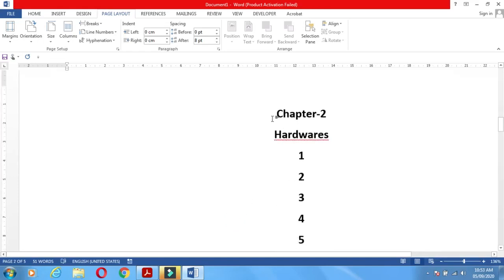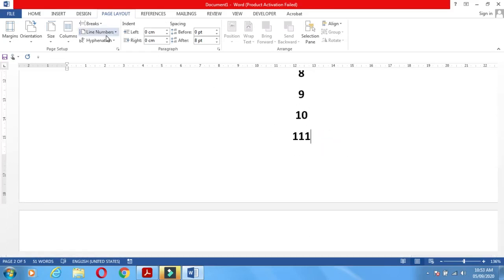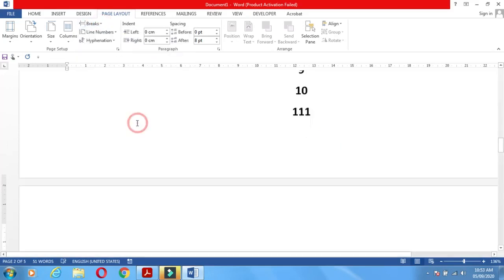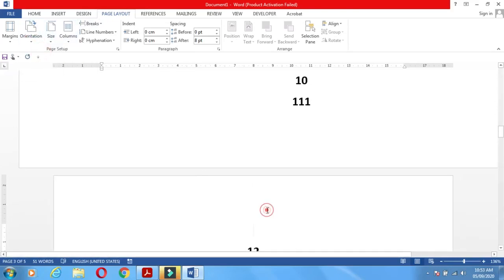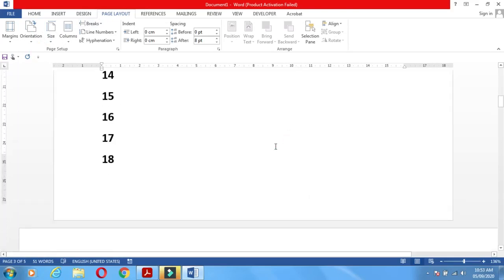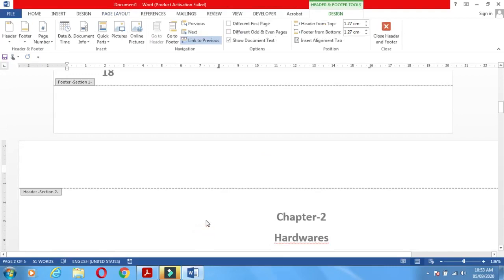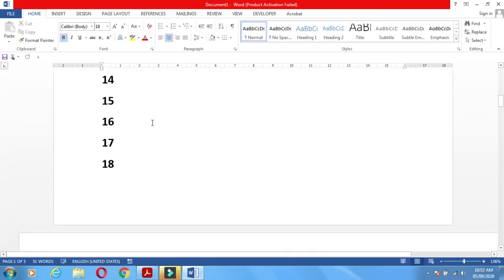In this way. Now, all the settings in this section will be applied to next. Again, if we click here and we apply the page break or section break here, and we choose the orientation in portrait form. See, again you see, check. The first page is in portrait form, the second page in landscape orientation, and the third page again in portrait orientation. In this way we can apply the different page break and section break.